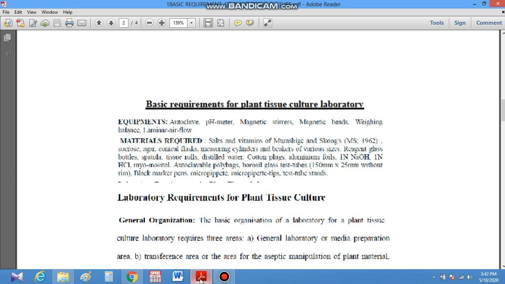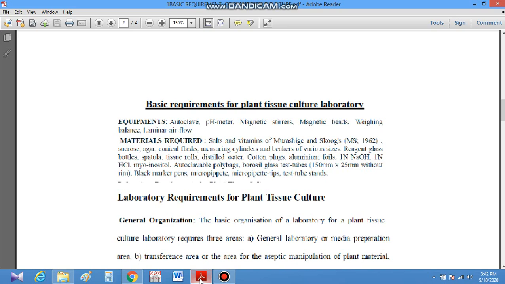Then the requirement of plant tissue culture is the culture medium, which is a nutrient medium containing all essential micro and macro elements, carbohydrates, vitamins and hormones. Culture media differ from species to species. The ability of a plant cell to develop into a whole plant is known as totipotency. This is the basic condition that every cell has totipotency, the capacity to develop into a whole plant.